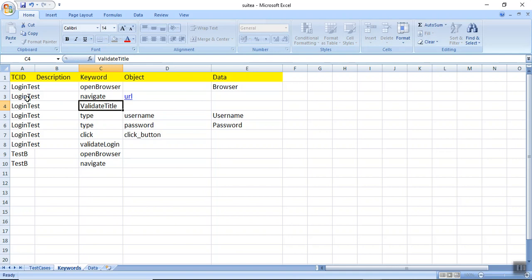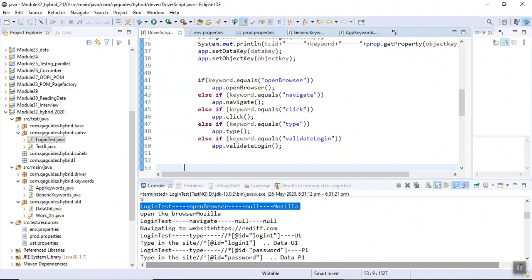Okay, so what I have to do? I have to add one more else if. See, if these keywords keep on increasing 50, 60, 70, 80, then I have to write every time if else, if else, if else. Is it a practical approach? No. So what we can do in it?